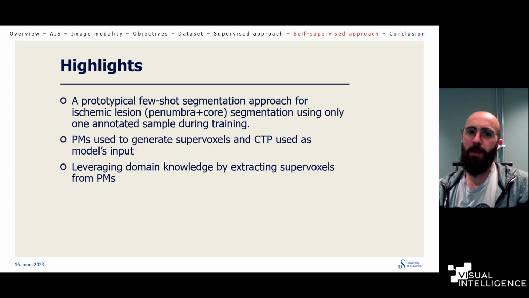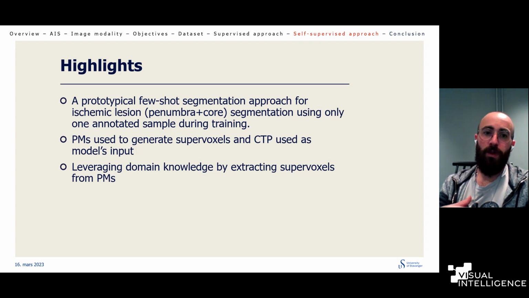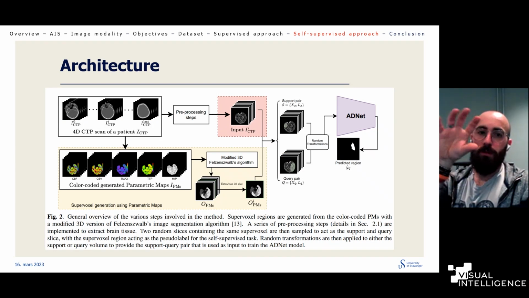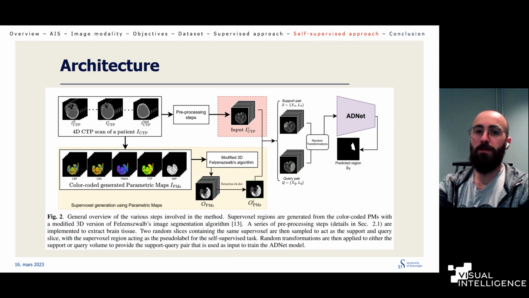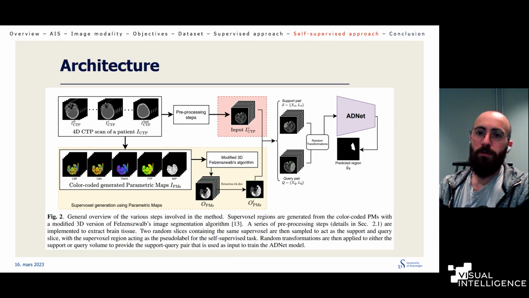So we used parametric maps to generate the supervoxels here, and then we use the CT perfusion scan as the model input. So we try to understand if we can leverage domain knowledge by extracting supervoxels from the parametric maps to help us in this medical segmentation. So what we're trying to do is to use the CT scan from a patient, passed through the same pre-processing step that I described before, as input to our few-shot learning model, the ADNet, which is the anomaly detection network,